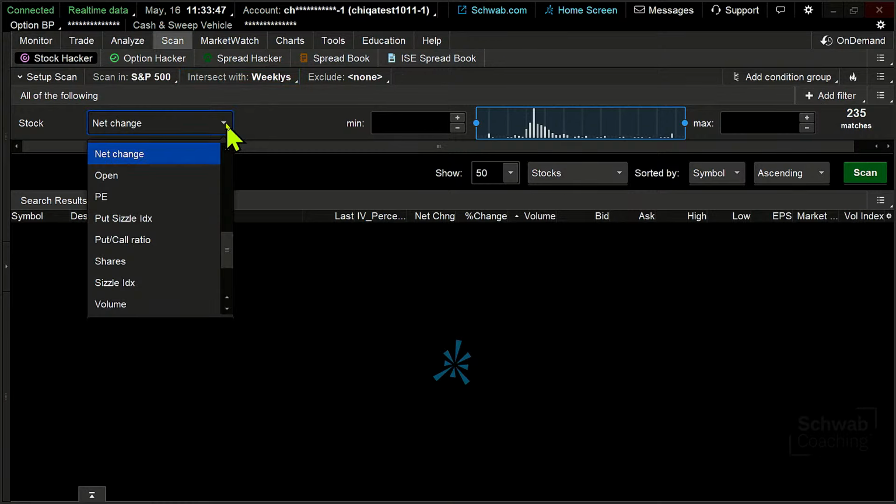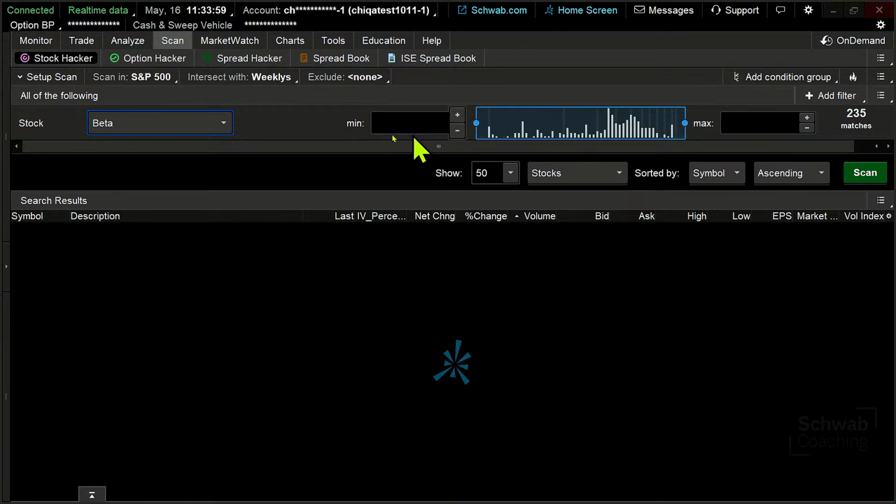And then I'm going to come down here and put in, now I can't do fast beta, but I can do beta. So that's going to get us pretty close. I want stocks that have less volatility, so I'm going to say -2 as my bottom side, and let's go 0.5 on my top side. So I want stocks that fall in that area that are not very volatile, because if I were to add a position there into my portfolio, that's going to suck some of that sensitivity out, right?